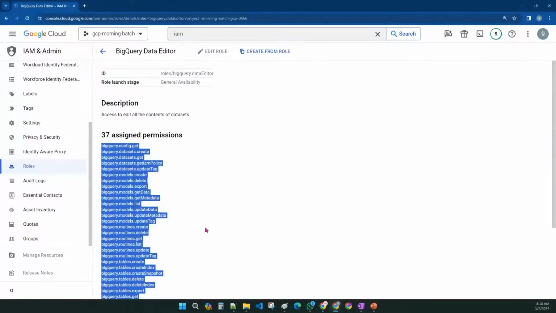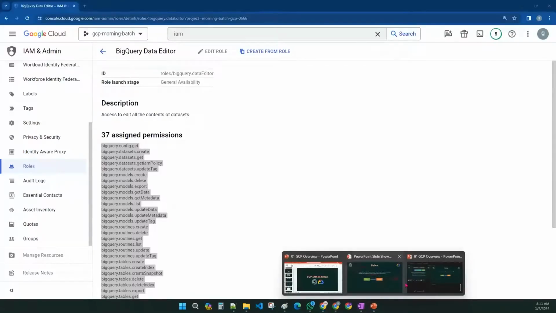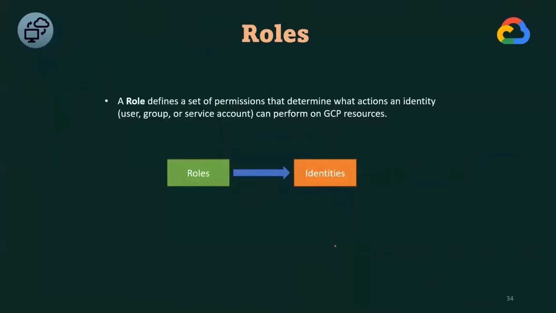What is a role? Can anyone tell me what a role is? Simply a set of privileges. Correct. A role is a set of permissions. So what do the permissions imply? A permission tells that you can do that action on that service. Right? So if I go back to my slide, you can see here,